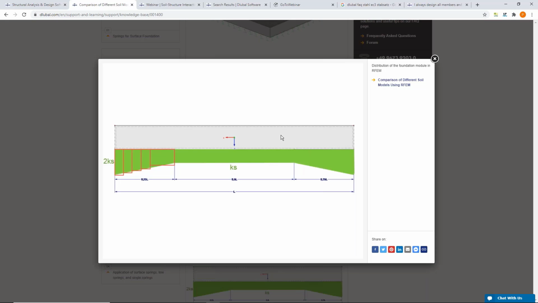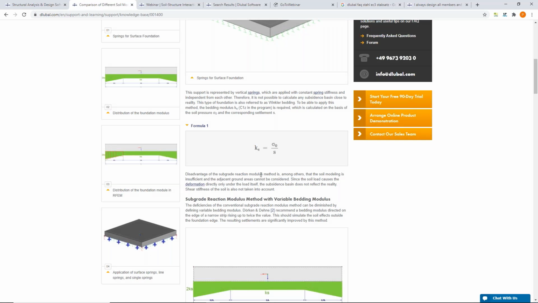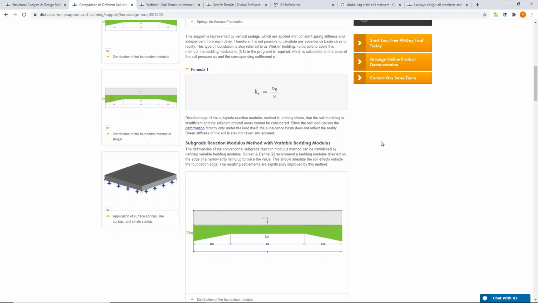So that would be time intensive, of course, and after that, in the design process, we have to deal with several small surfaces, and that is maybe not so handy. Therefore, I would like to show you also a further option